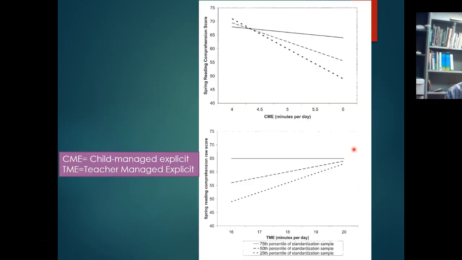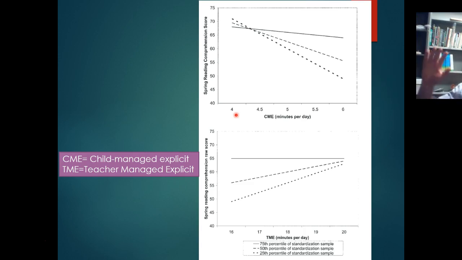And what they found in general is that, so CME is child managed explicit instruction. That's basically when the student is looking after their own learning, and teacher managed explicit instruction, which is when the teachers are